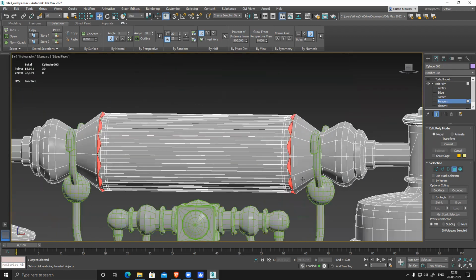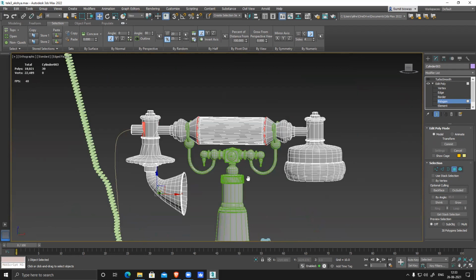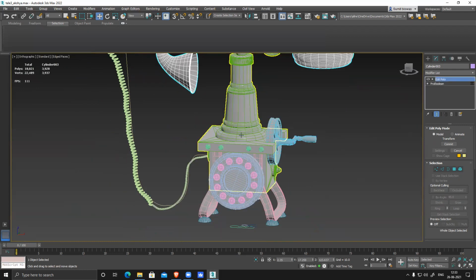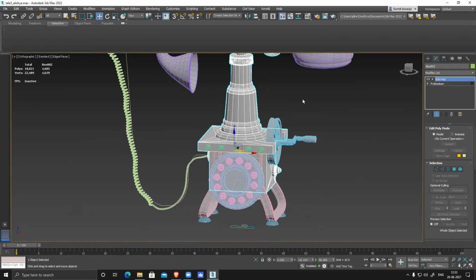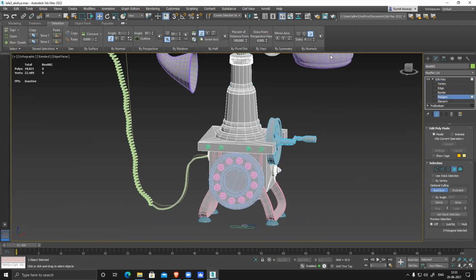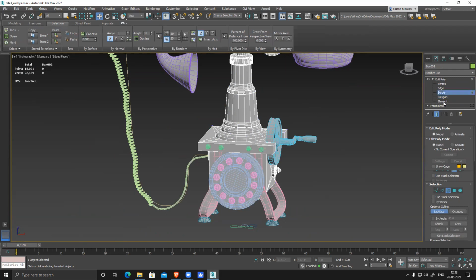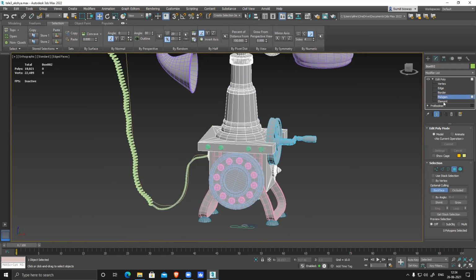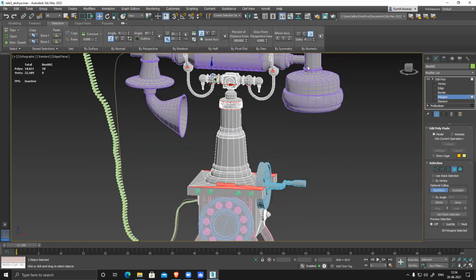So check it, it's almost correct. Your model is almost there. You just need to rectify a couple of things here and there. So similarly, I'll check this. My edit poly, I'll just press 4 to select polygon. Did I tell you that you can switch between vertex, edge, border, like 1, 2, 3, 4? I didn't remember, that's why I was just saying. So you can switch between these two and click here also.